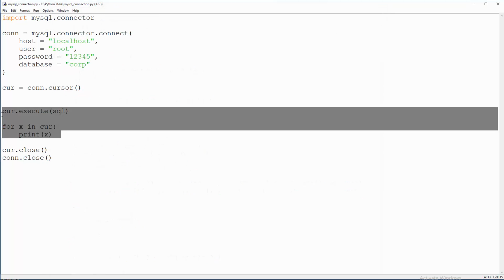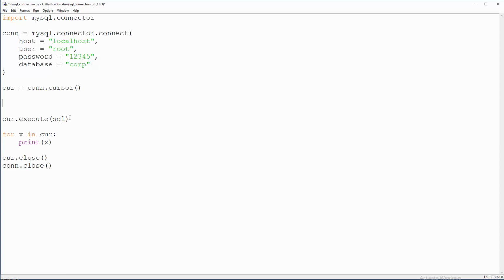So this is a simplified script from a couple of last tutorials. We don't need, for this simple stuff, a try except block of code. This will get the job done because we are not committing, we are not doing inserts, we are just grabbing reports. So we don't need to commit, we are just selecting stuff. So the SQL will be